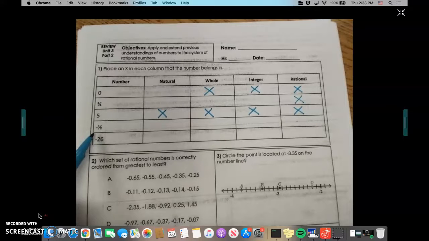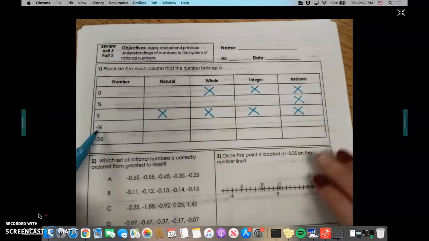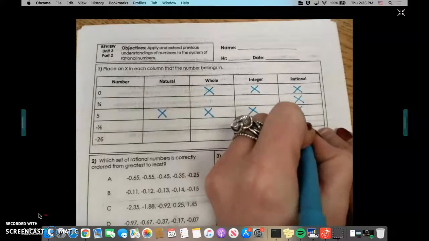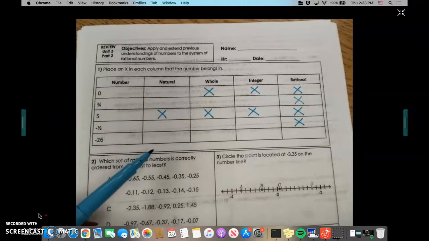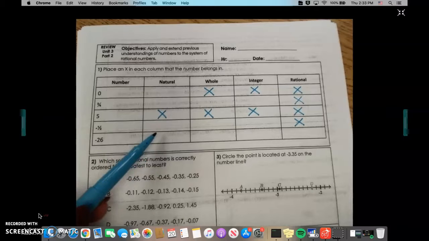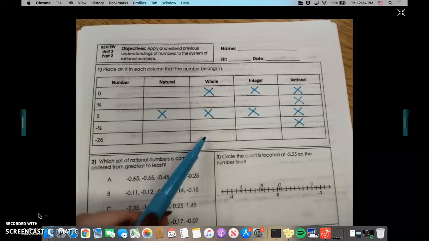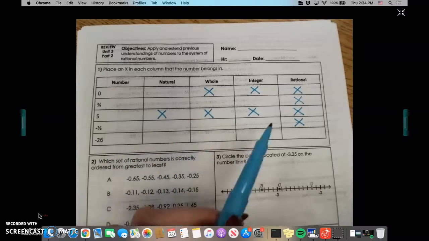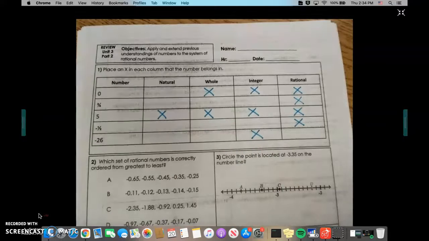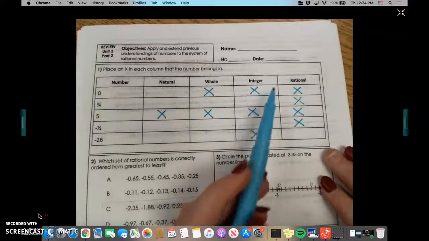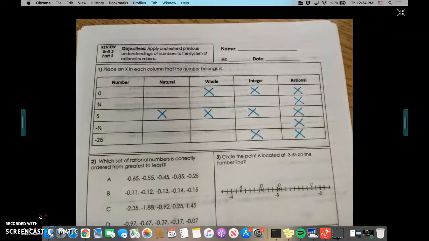The next one, we have -1/2. We see that that's a fraction, so we know the only place it can be is rational. Number -26. We cannot naturally count to -26 on our fingers and our toes, so we're going to leave that one alone. -26 is also not a whole number, but it is an integer, which are whole numbers and their opposites. So we're going to go ahead and mark that one down. And if any number is an integer, then it's also rational. Check to make sure that your review guide looks like mine, and then we're going to move on to